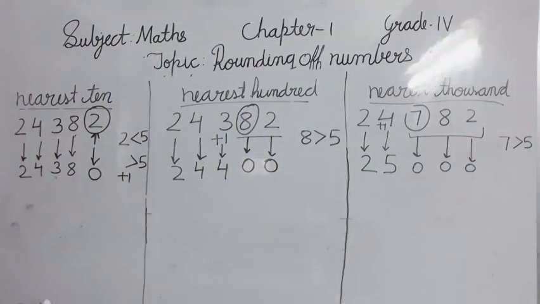And one thing I want to tell you about rounding off. See here, we are not increasing the rest of the number because it is less than 5, it means we are rounding down. Our actual number is 24,382, and when we round off nearest to the 10, we get a smaller number, 24,380. It means we are rounding down. The number is going down, so this is rounding down.